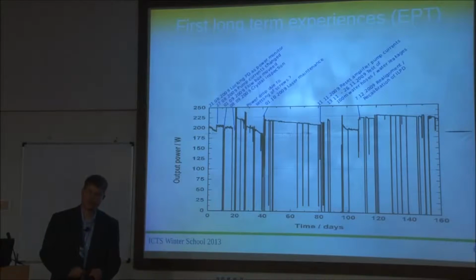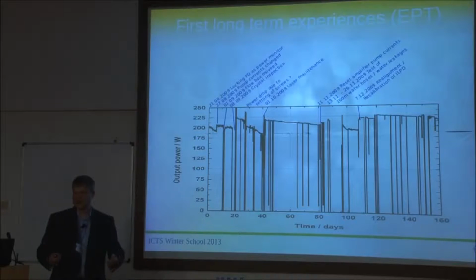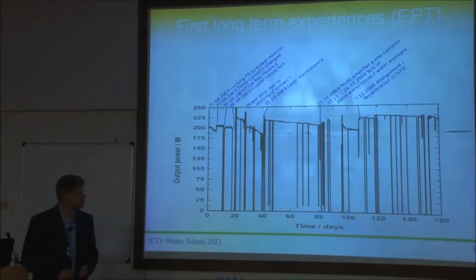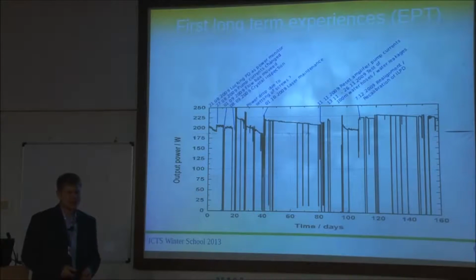If we can really build a laser that operates basically all the time, like 7 days a week, 24 hours per day, this is the power trend we get. It looks kind of spiky here, and that's because it's still a system under development. So we turn it off, we tune things and so on. And actually, if we look at this curve and then at our lab books,